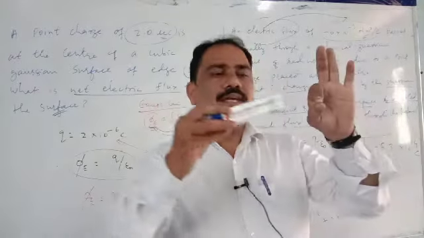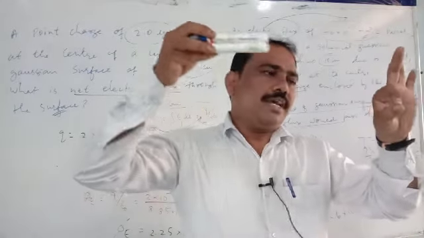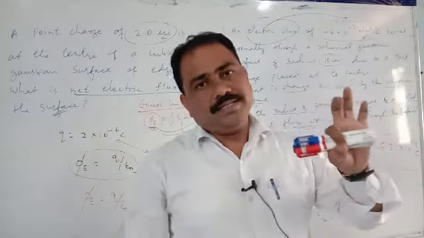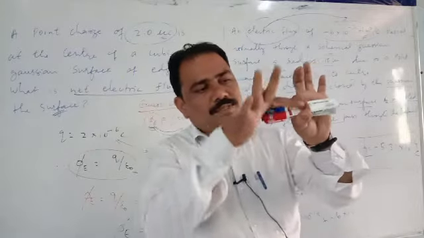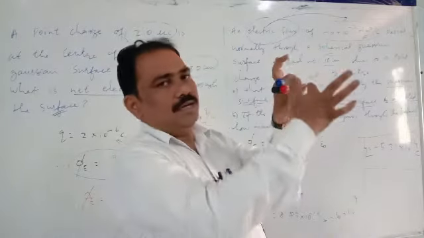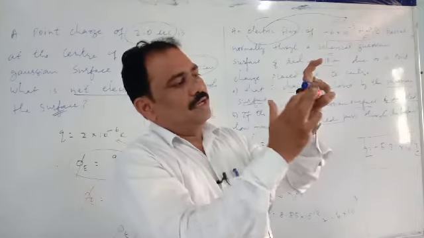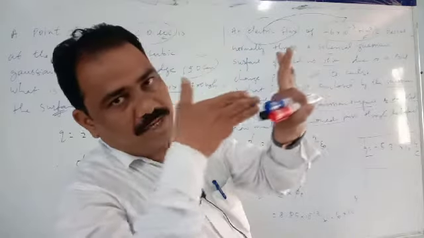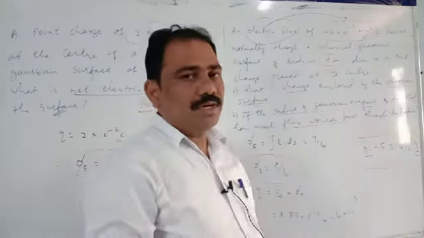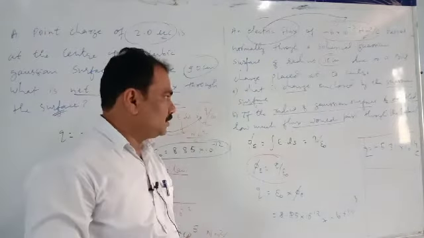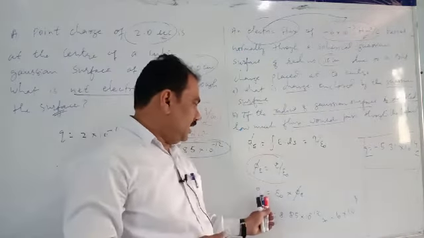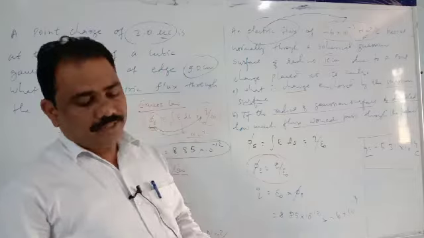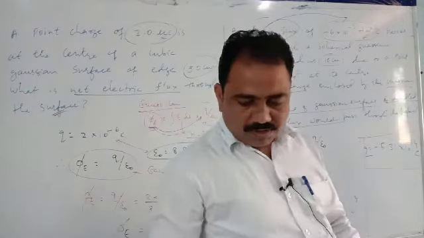So this one is the unit area, and these are the electric lines of force passing through this unit area. Then this term is known as electric flux, that is, electric lines of force passing through the area, passing through the area normally. If you want to calculate electric flux, then according to the Gauss law, electric flux is exactly equal to Q by epsilon naught. So such types of questions may be asked on this Gauss law.